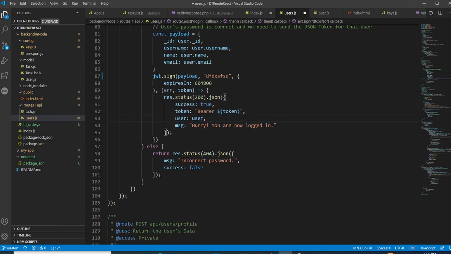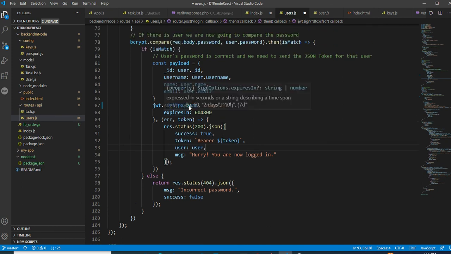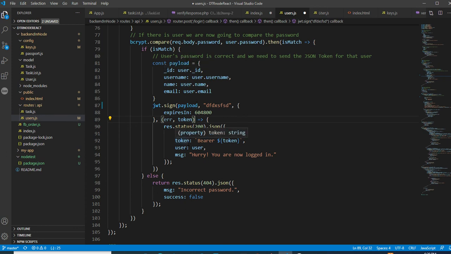However, in the JWT token itself, the payload has some information regarding this user, like username, name, email, like that. You have also passed some like ID. However, you can get that particular payload data at the React end. You can also do that, but for your better understanding, I have also passed the user detail in this way.